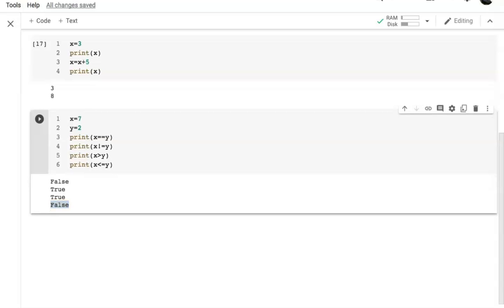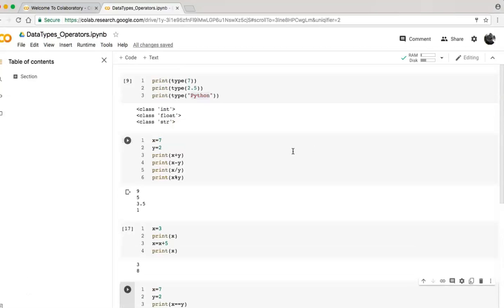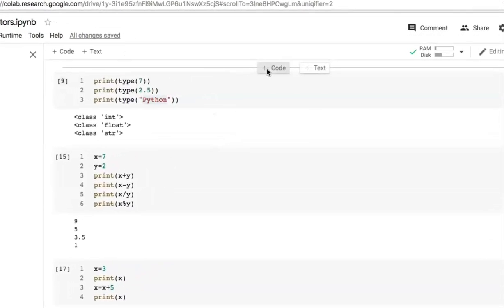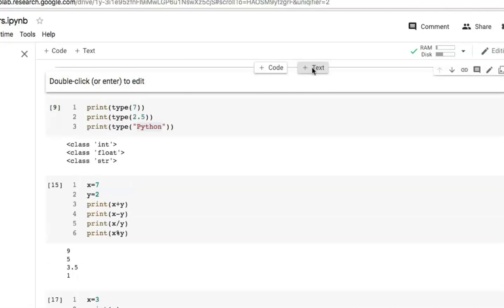So now put a heading for each code cell. Scroll up here, bring the cursor here. You can see this is for code cell and this is for text. Click this text and then double click or press enter to edit.